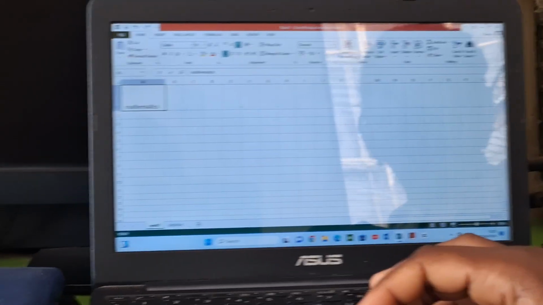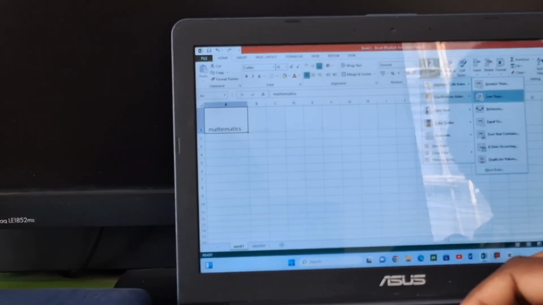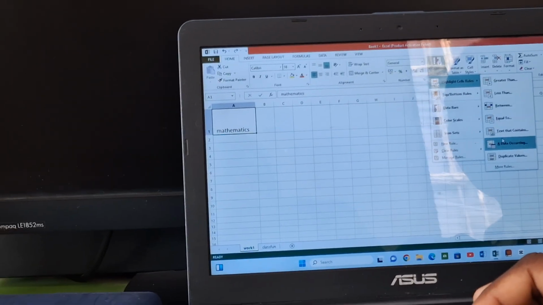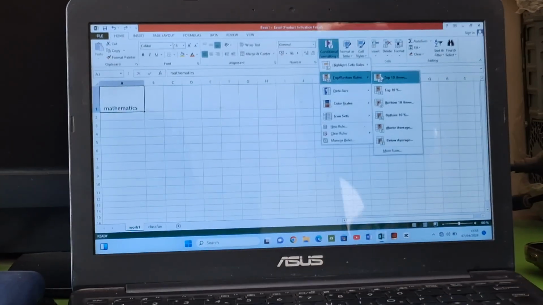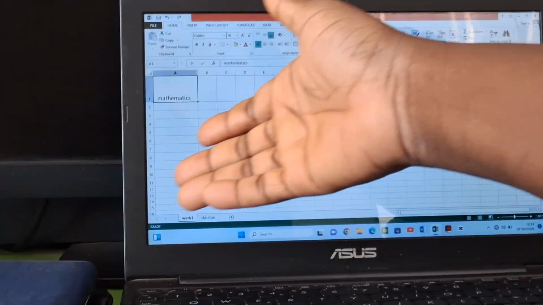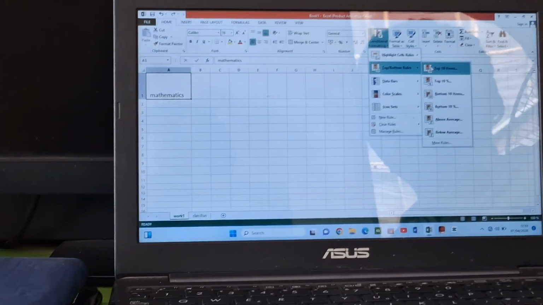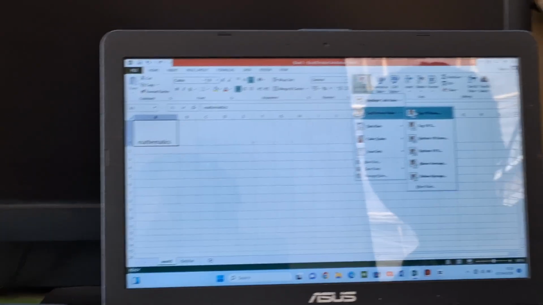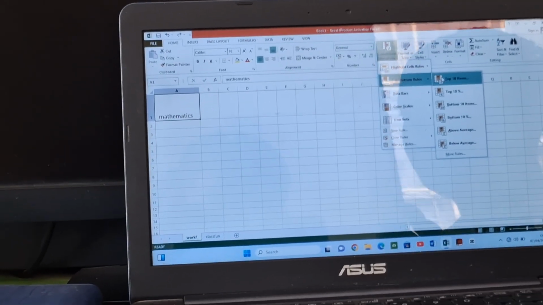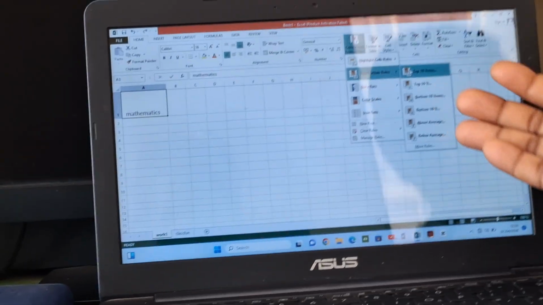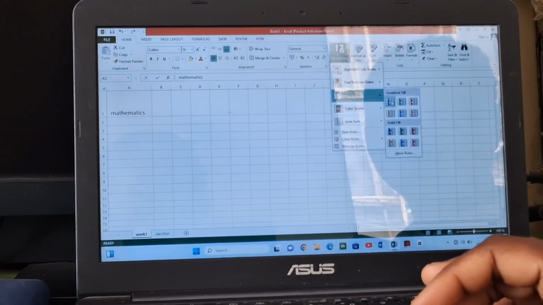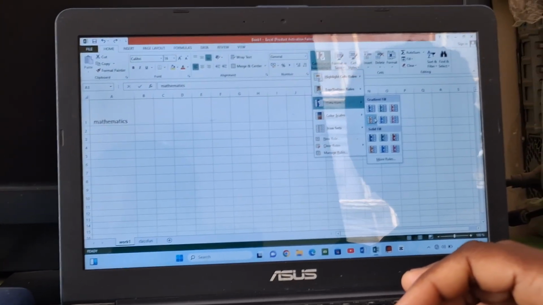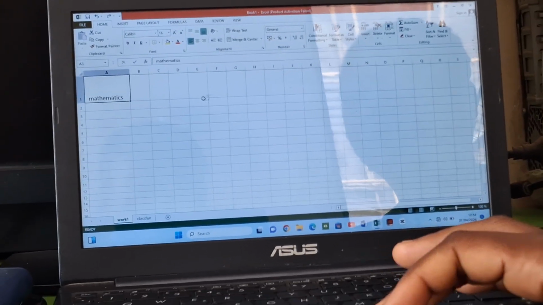So then you have whether less than, between, you know what you want to do. Then this one too is for, let's say, from the first 10 top, or 10% of what you have typed, or bottom 10, or bottom 10% of what you have typed. You use it to edit it. Then we have data bars, to just give your data bars color. If I pick this one now,